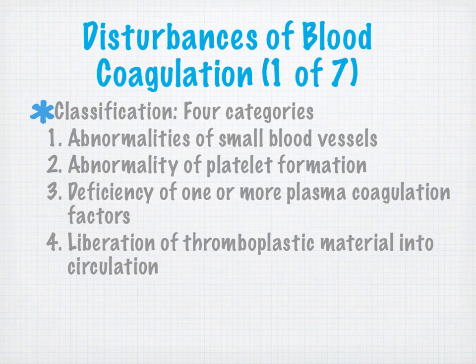Okay, disturbances of blood coagulation. We've got 7 slides here. So we've got 4 categories. There's an abnormality of small blood vessels that could be happening here to cause a problem with your blood coagulation. As we talked about, those small blood vessels are intricate to being able to vasoconstrict and stop the bleeding. We could have abnormality of platelets. That would be a major problem. We could have a deficiency of one or more plasma coagulation factors. That would be a huge problem. Or we could have liberation of thromboplastic material into circulation, and we definitely don't want things free-ranging through the blood